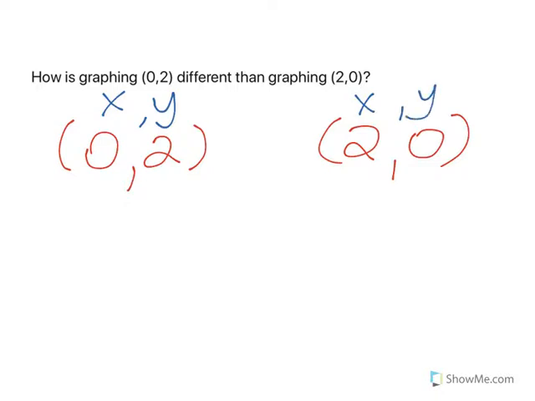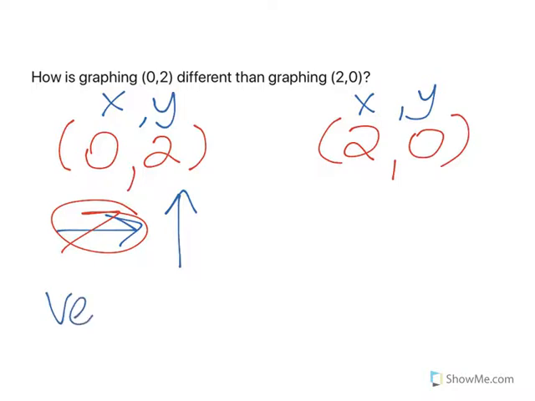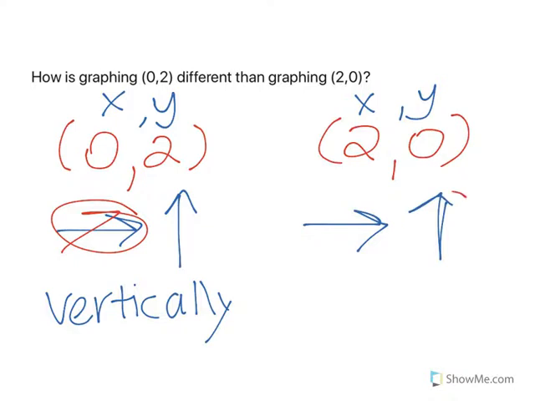So when our x-coordinate is 0, that means that we do not have to move at all on our x-axis, and we only have to move on our y-axis. So when we have a y-coordinate, we're plotting our point vertically. We only have to move up, not to the side. But opposite of that, when we have an x-coordinate of 2 and a y-coordinate of 0, this means we're moving to the right 2, and that we are not having to move at all on our y-axis. So when our x-coordinate is 2 and our y-coordinate is 0, then we're moving